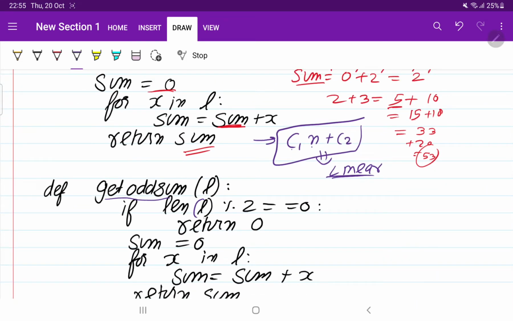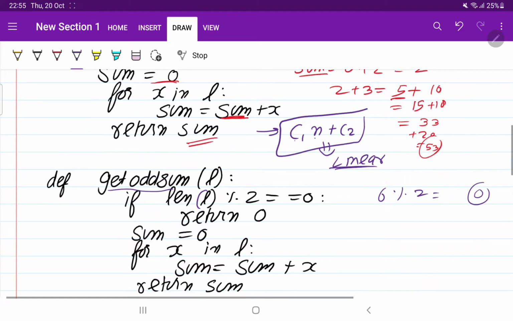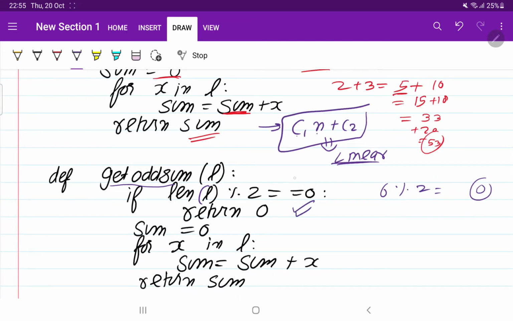Here the length of L is 6, and 6 percent 2 gives remainder 0. It means this condition is true and we return 0. So if the number of elements is even, we get the solution in constant time, because we directly return 0.